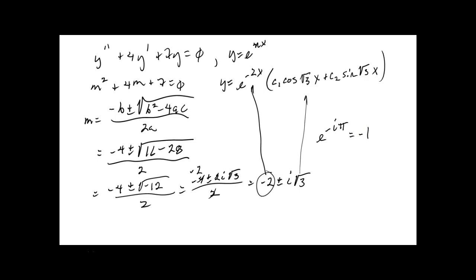Because if you put a pi in for your theta, that'd be cosine of negative pi. Yeah. Cosine of negative pi would be negative 1 plus i times the sine of negative pi. Well, sine of negative pi is 0. So sure enough, that's equal to negative 1. Now,